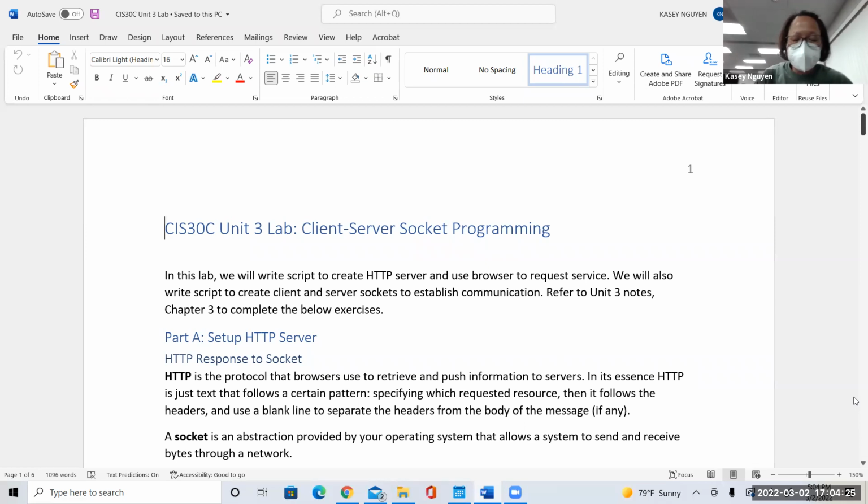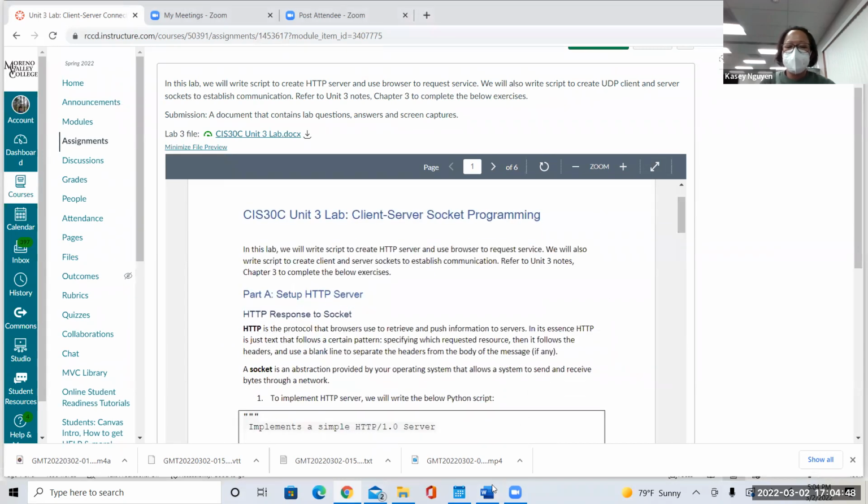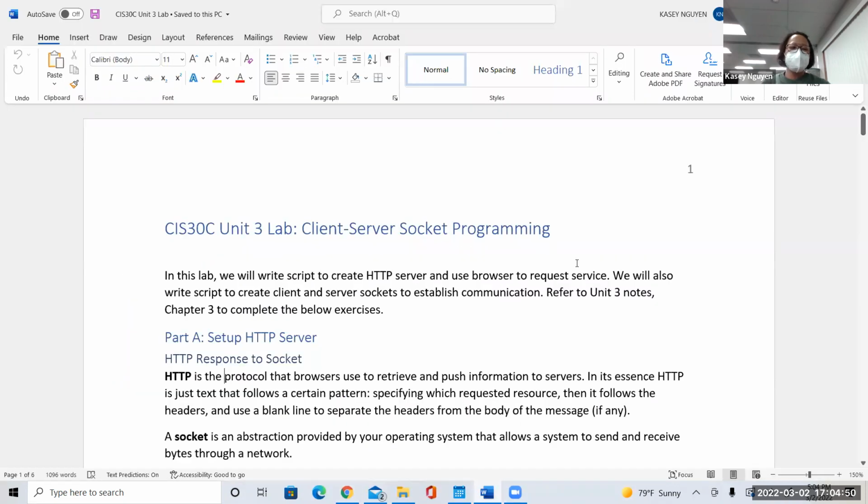So let's take a look at the lab. Your server and your UDP server. You can find the lab document here. Okay. So the first part, we are going to take a look at how to set up your